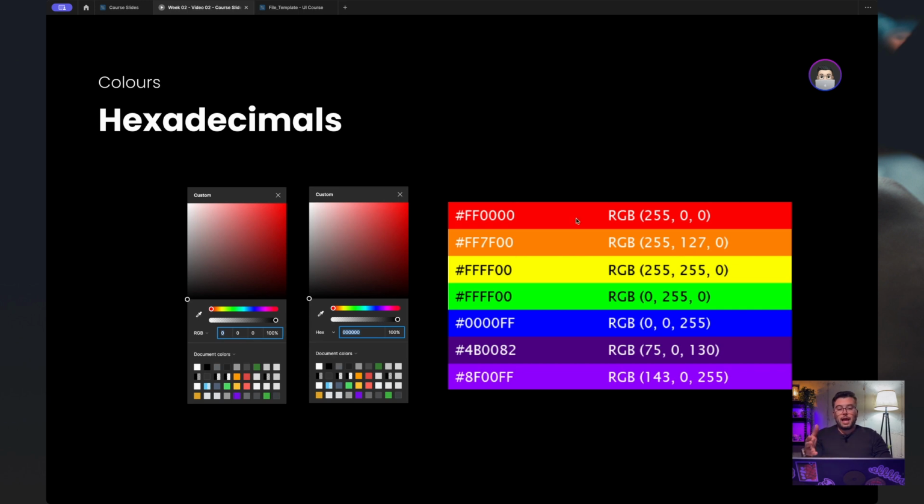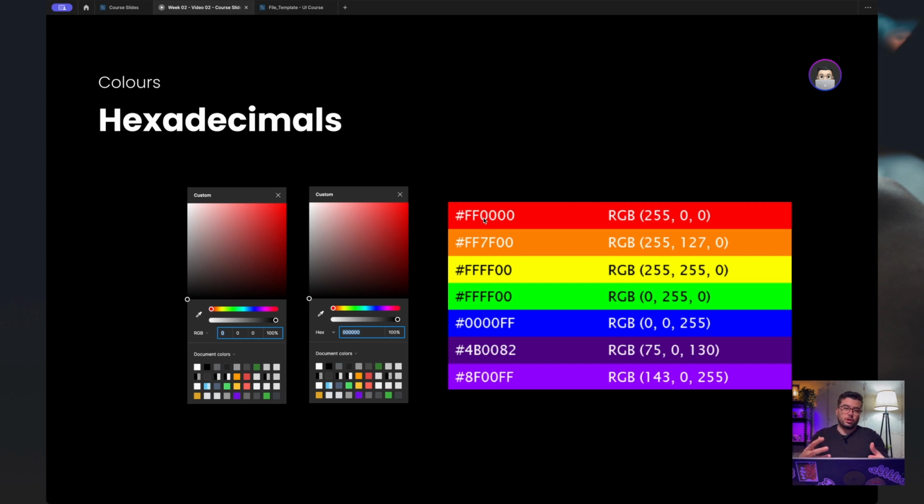So if you add 255 for red, 0 for green, 0 for blue, that is your plain red. If you add 0 for red, 255 for green, 0 for blue, you have your main green, and so on and so forth. But often we use hexadecimals